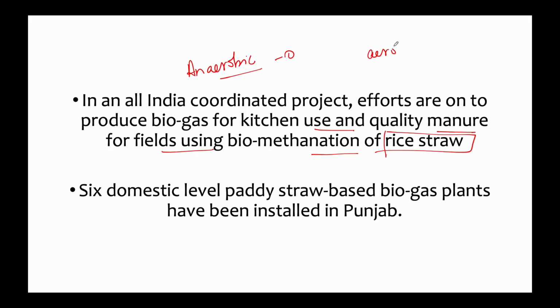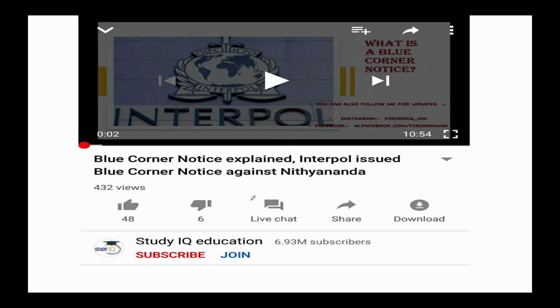If we use the word aerobic, that means in presence of oxygen, but when we are using anaerobic, that means the process is taking place in absence of oxygen. So this is an anaerobic digestion method. Six domestic level paddy straw based biogas plants have been installed in Punjab for field trials, and further study is in progress. Now coming to biomethanation,